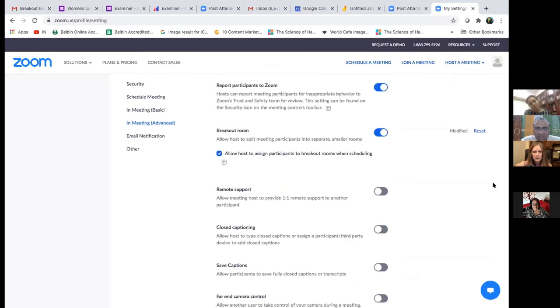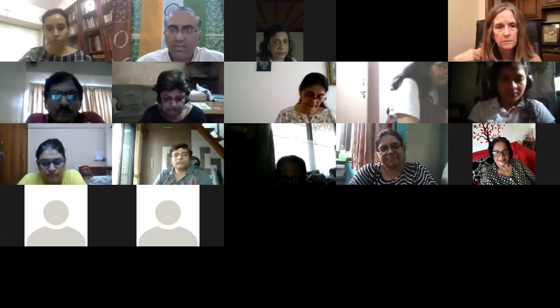There it is. Breakout rooms. So you just go into settings, keep scrolling down to the settings section, and then you can open your breakout room option. So that is it, setting up your meeting and your breakout rooms.